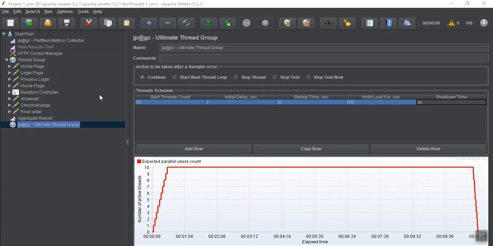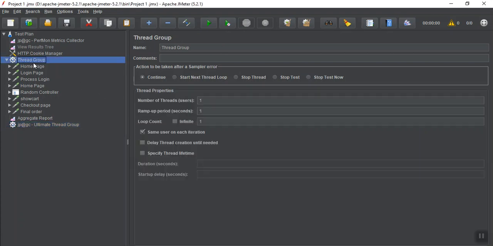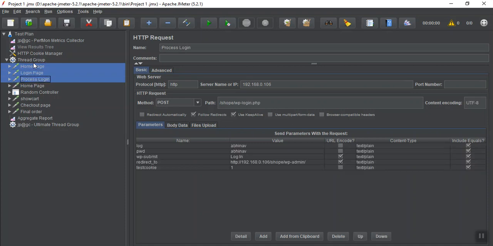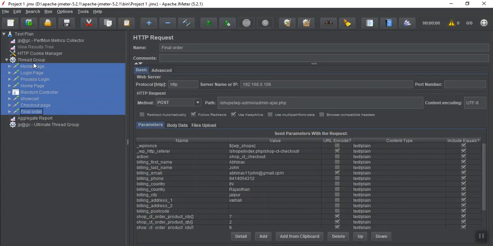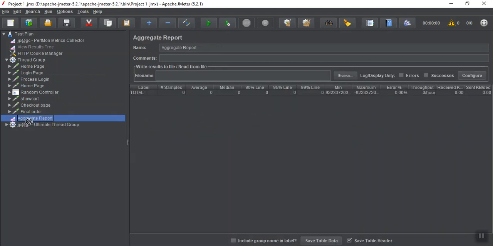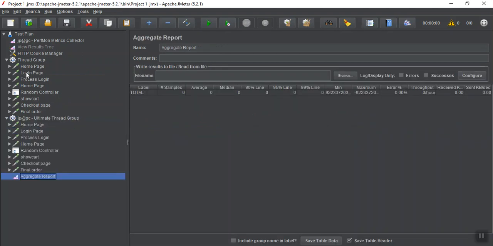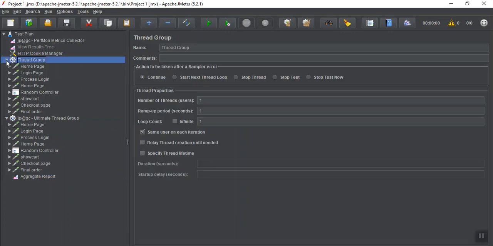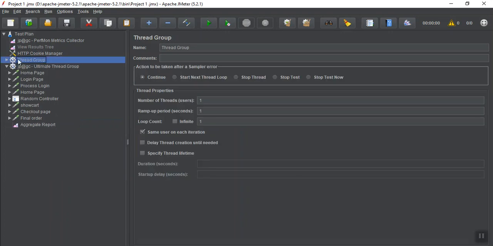So now do one thing, move everything from here, copy it, and move it here. Aggregate is here only. Disable it. Control T. So everything is now under my ultimate thread group.